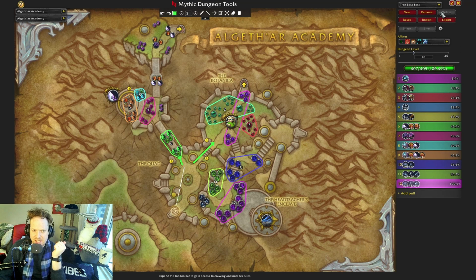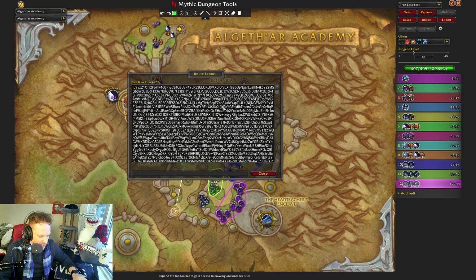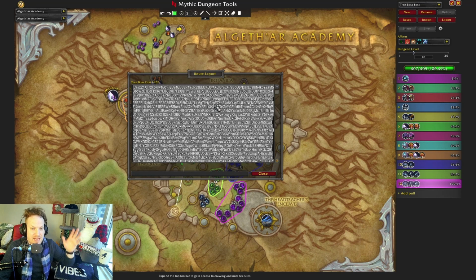On the right-hand side here, you can obviously name and rename your thing. You can save different routes. This is what I've called the tree boss first route, okay? You can also export your route and import other routes. So if I hit export, it brings up the entire string of this route, and I can put this in